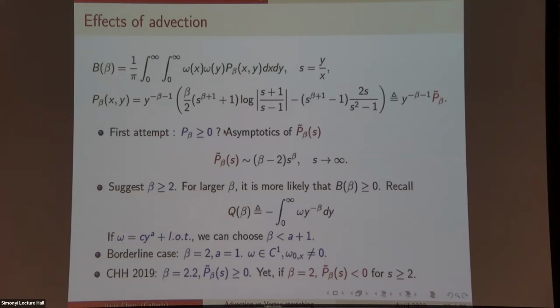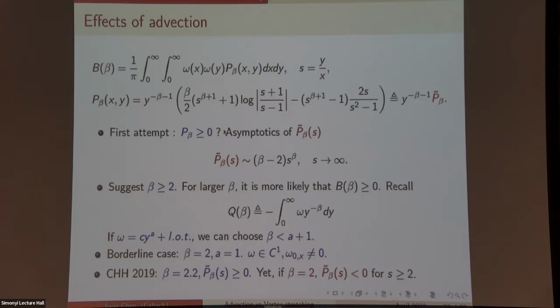So from this calculation, we see that the borderline case for positivity, at least from this heuristic argument, is beta at least 2. And if beta is 2, then a should be 1. A equal to 1 means that omega vanishes at least linearly, and this linear vanishing order corresponds to the C1 case. So this corresponds to the borderline case. From this formal derivation, we relate the positivity of the kernel and this borderline case.